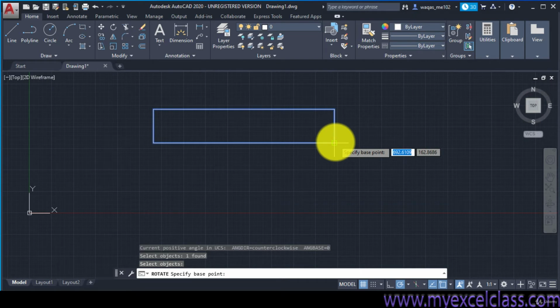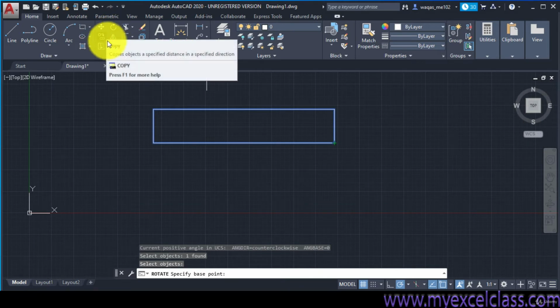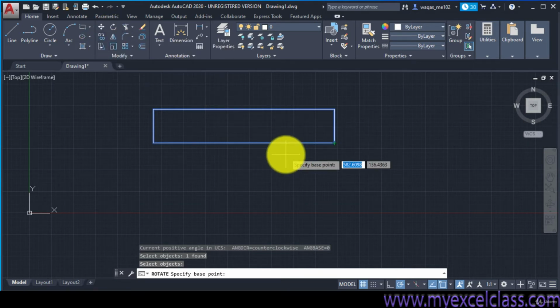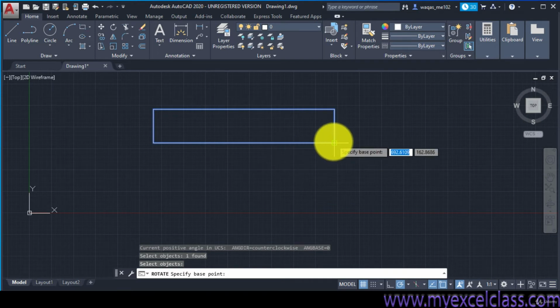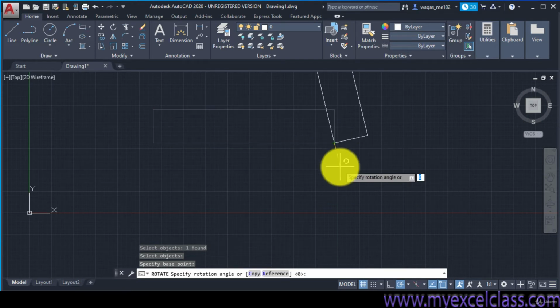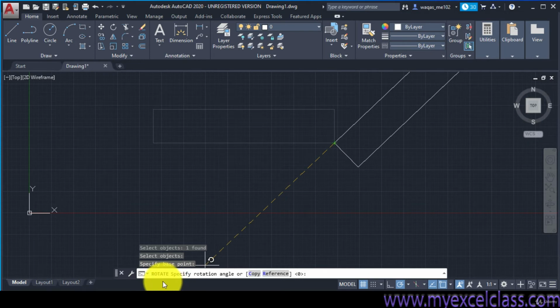Next it is asking to specify the base point. Actually this is the reference point even for the move command, even for the copy command, means reference in the sense that you will be picking that point and you will be moving that point actually. So suppose this one is our base point. Next it is asking to specify the rotation angle.